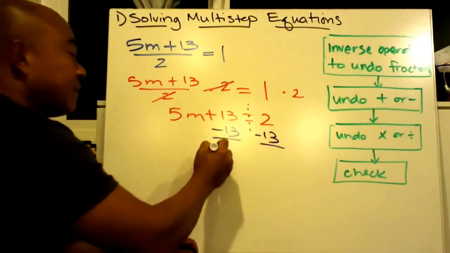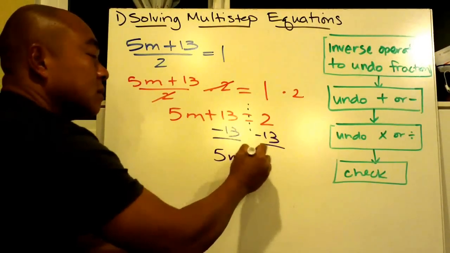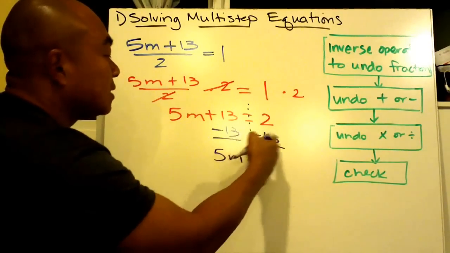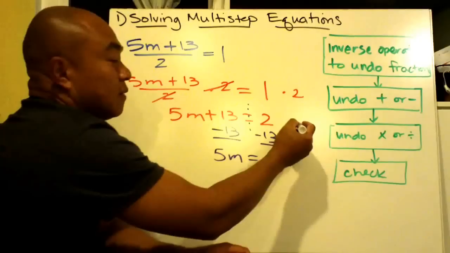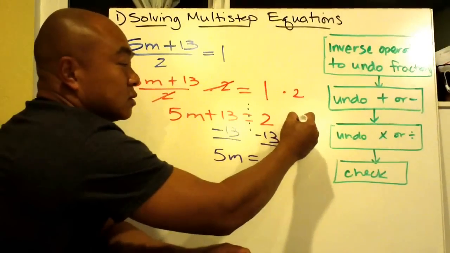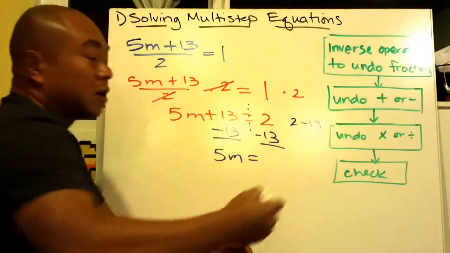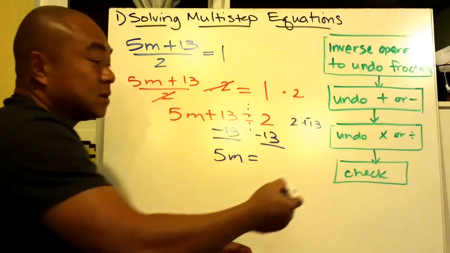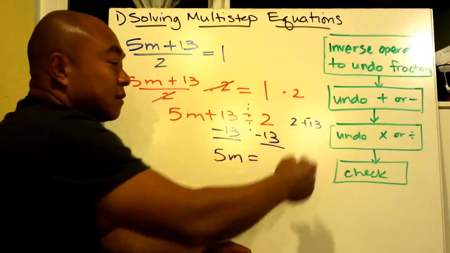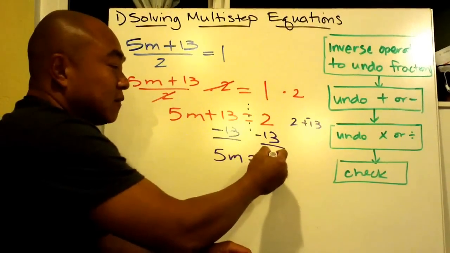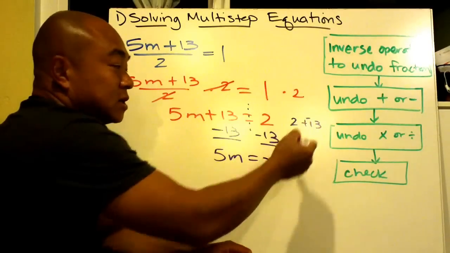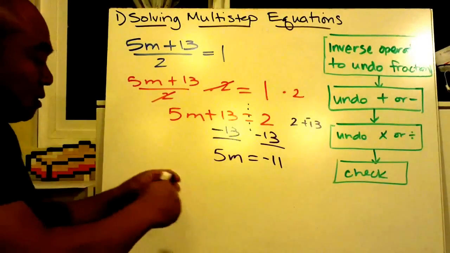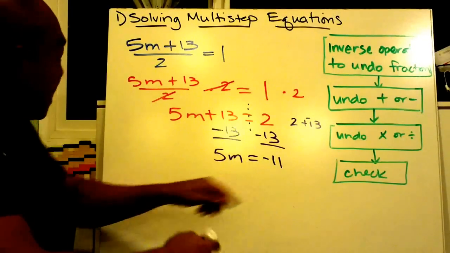And I have 5m left on this side is equal to, and now if you look at it right here, you have 2 minus 13. If you want to rewrite it, it looks like this, 2 plus negative 13, and according to your addition and integer rules, that's going to give us negative 11, because you subtract here, and then you take the sign of the larger number. So here I have this, and then I'm going to divide this by 5,